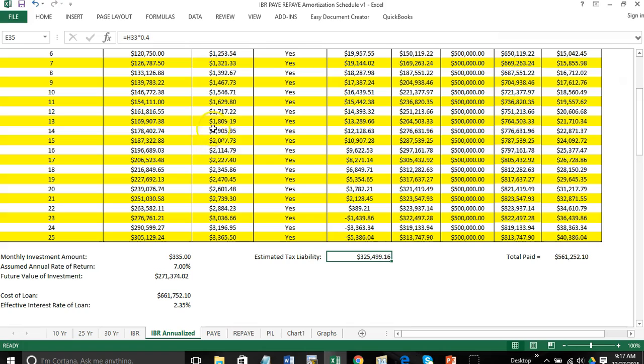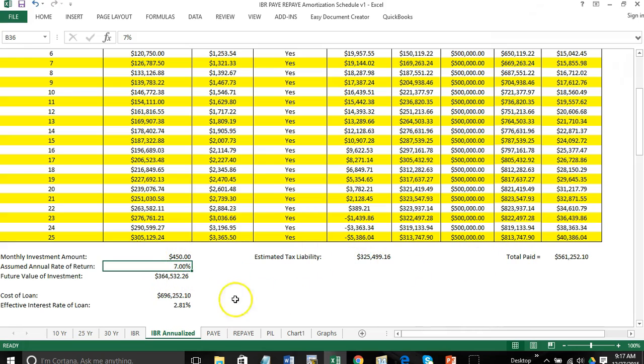some of your savings in terms of student loan payment so that you have sufficient funds to cover this balance. So at $335 per month at a 7% return, it's not sufficient to cover this balance. So I'll increase this to say $450 per month. So it's close, in that part of this value is taxable income. So you have to make certain that you take into consideration the net of tax amount if it's sufficient to cover this balance. It's going to be close.